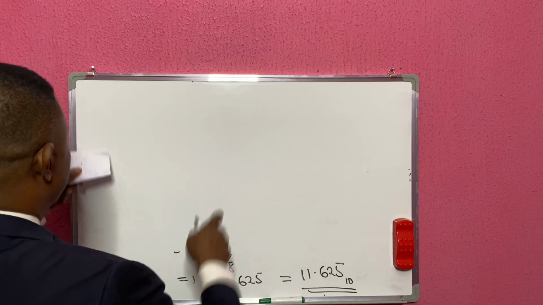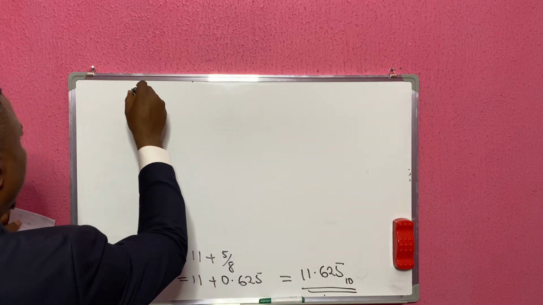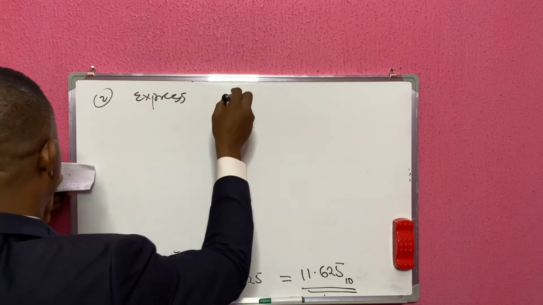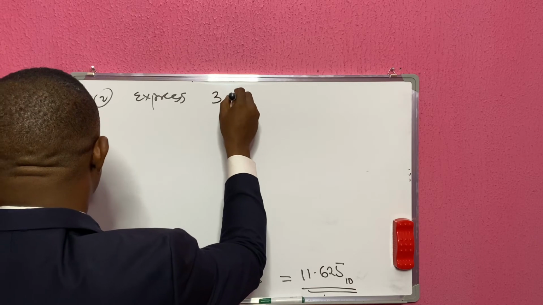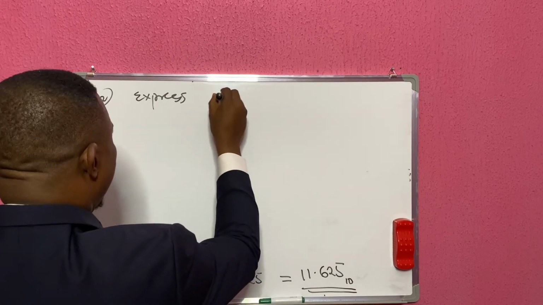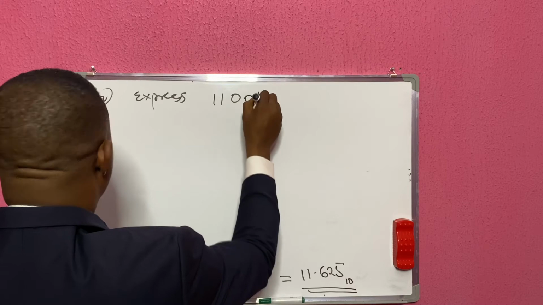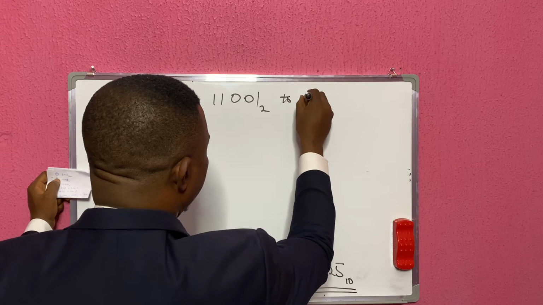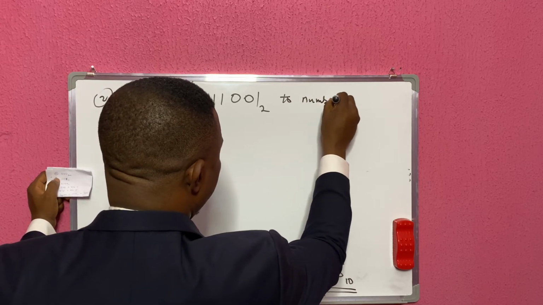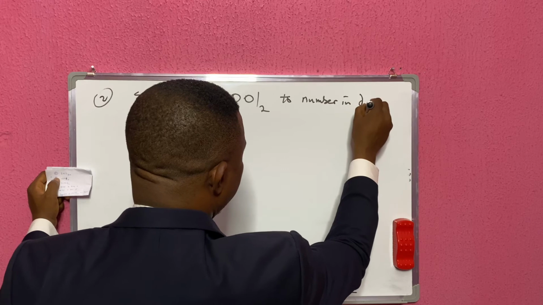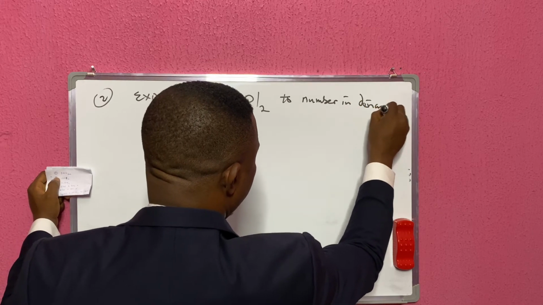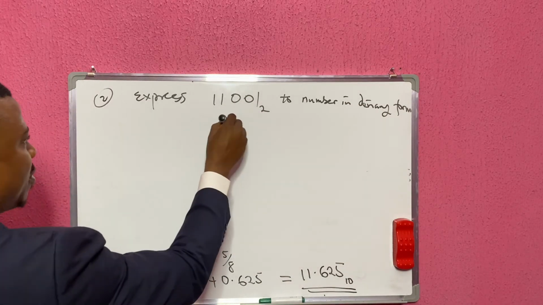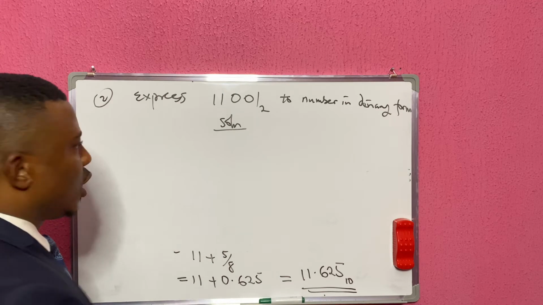Let's look at another one. Question 2: Express 11011 base 2 to a number in denary form. Solving this problem is very easy. You will say